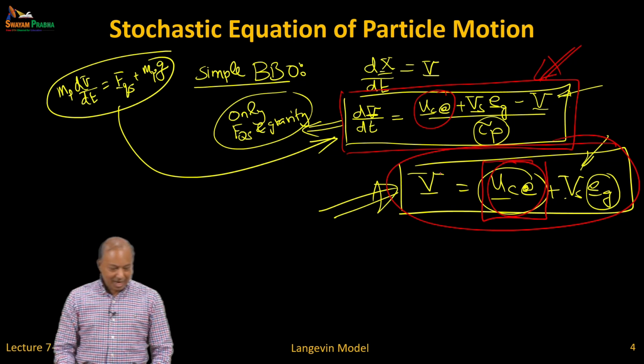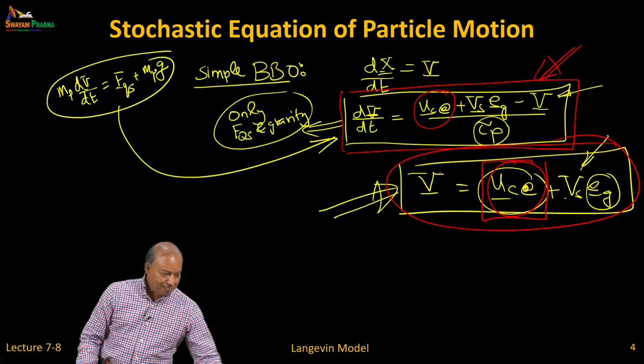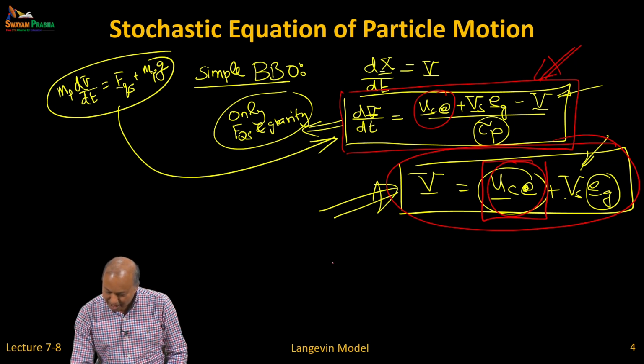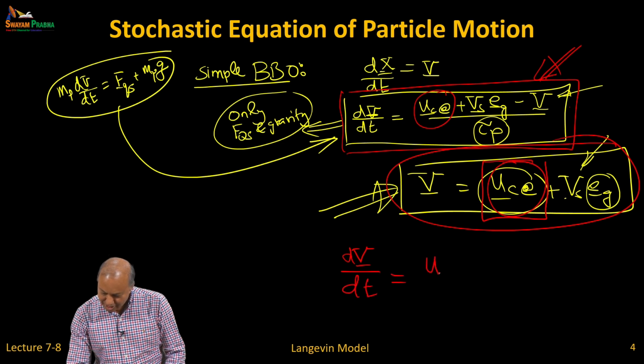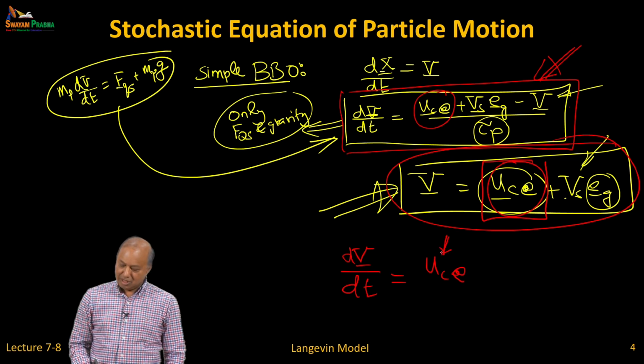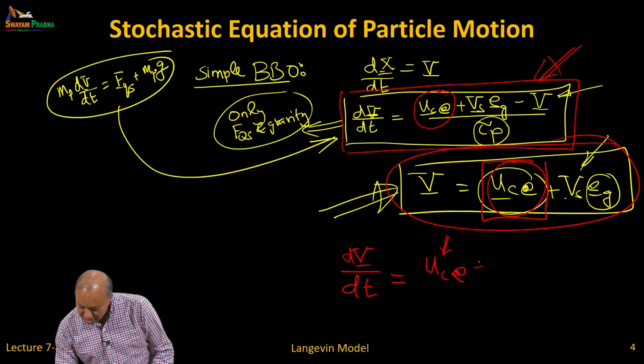So the idea is that now we have to modify the equation so that the particle acceleration is whatever comes from your RANS or LES, and you must add